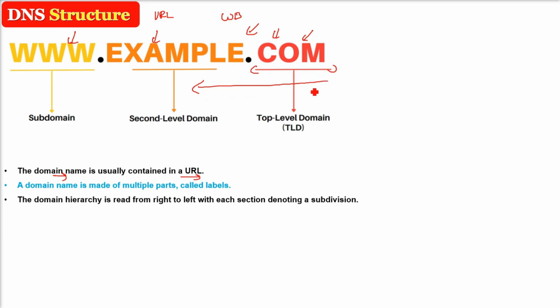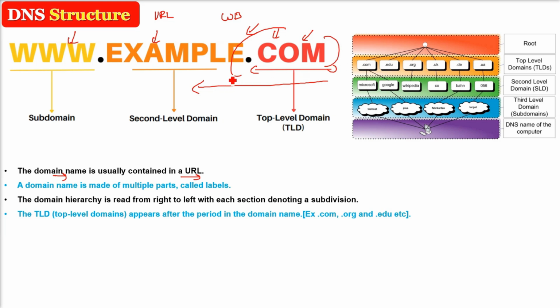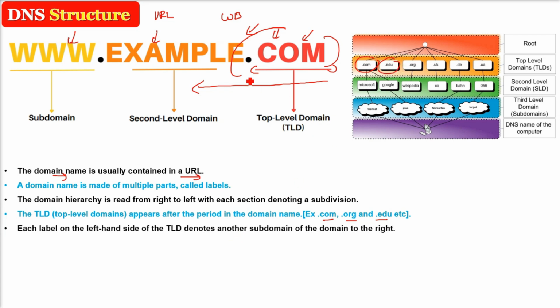The top level domain, that is why we are calling it .com, because it is on the rightmost. So the TLD, top level domain, appears after the period in the domain name. For example, this URL has .com, but a URL can have .org. It can have .edu. These are all top level domains. When you come here, there are multiple servers; .com will have its own server, .edu will have